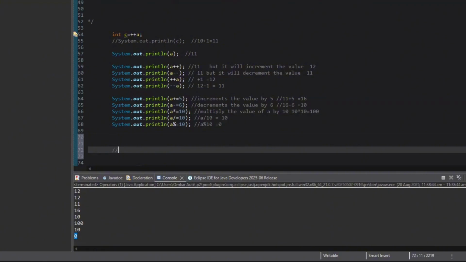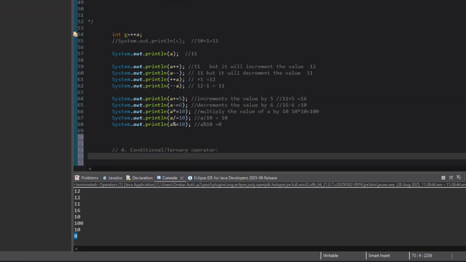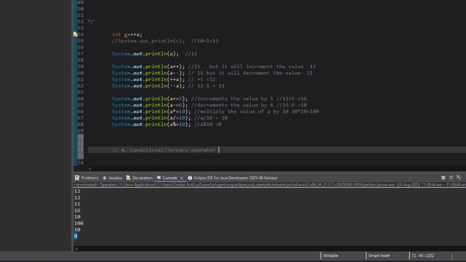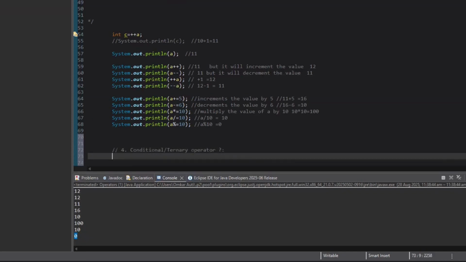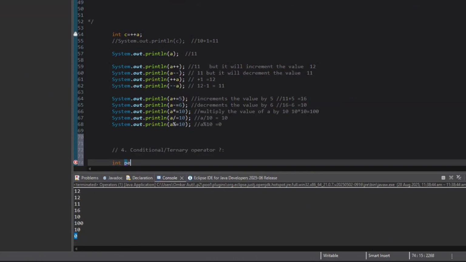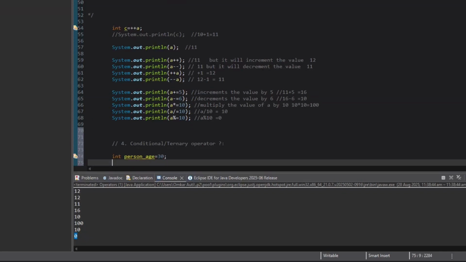And now let's move forward to our last one, that is the conditional operator or the ternary operator. The symbol is question mark colon. So I'm taking a variable person underscore age as 30. The data type is int. And another one, string license equal to